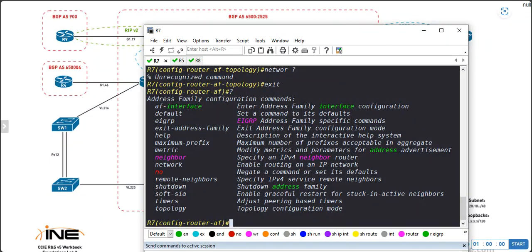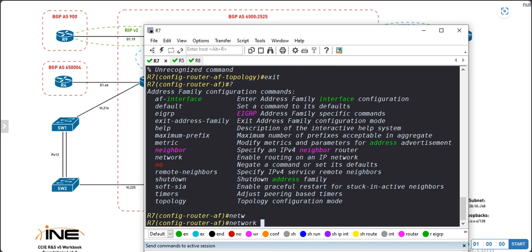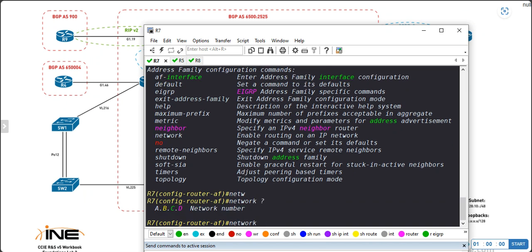Okay, this is this network here. To advertise the network, the network command is in